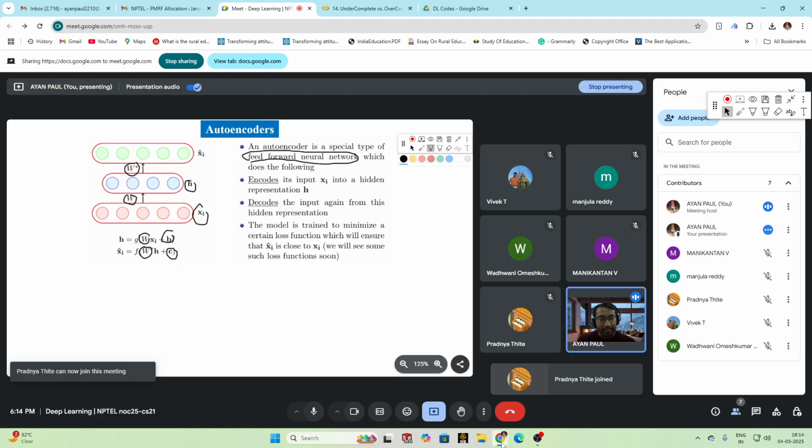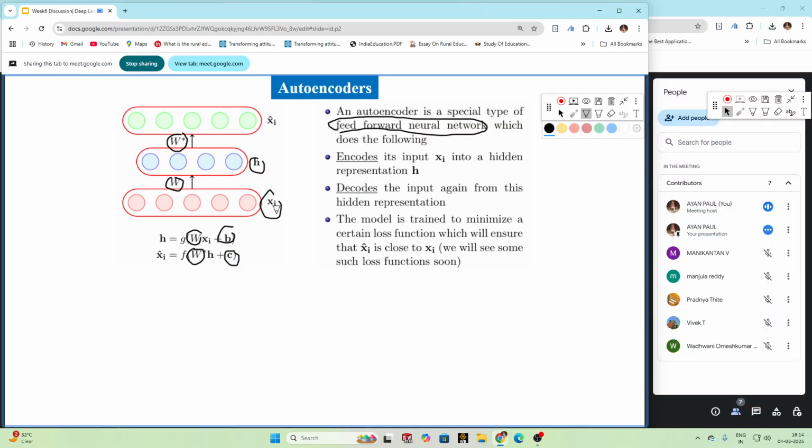Okay, so by that we are calculating the H. Now how are we calculating the X_i hat, or the decoded output? We calculate the decoded output by the same thing, that is the answer that is coming in the decoding layer into